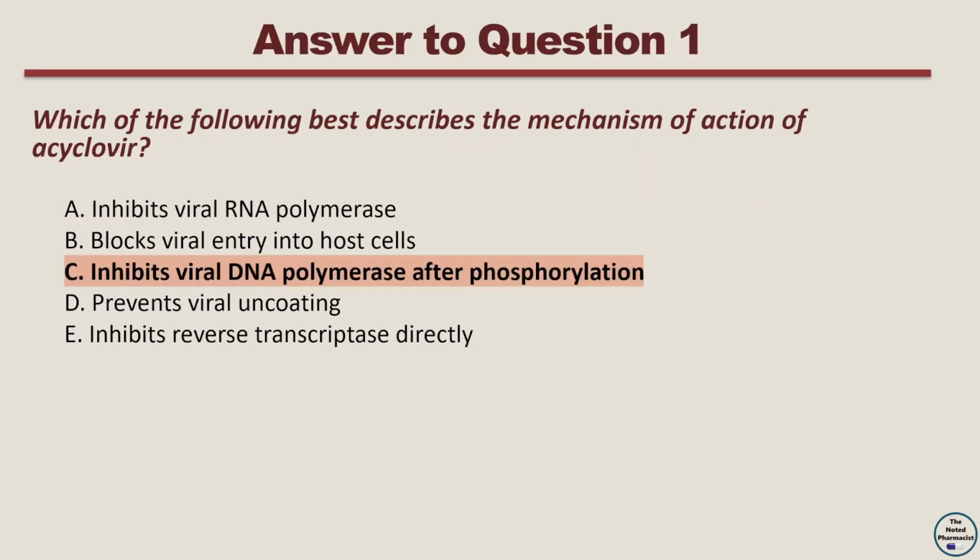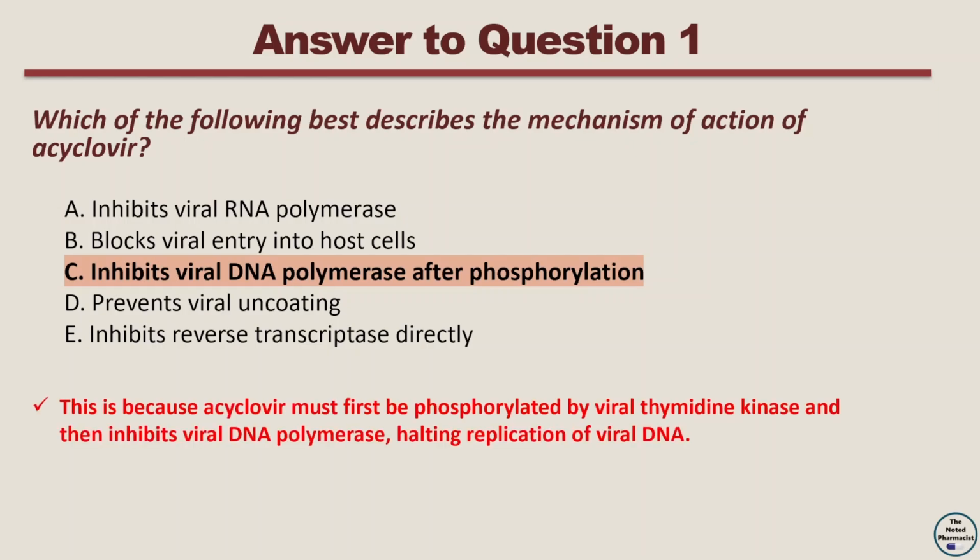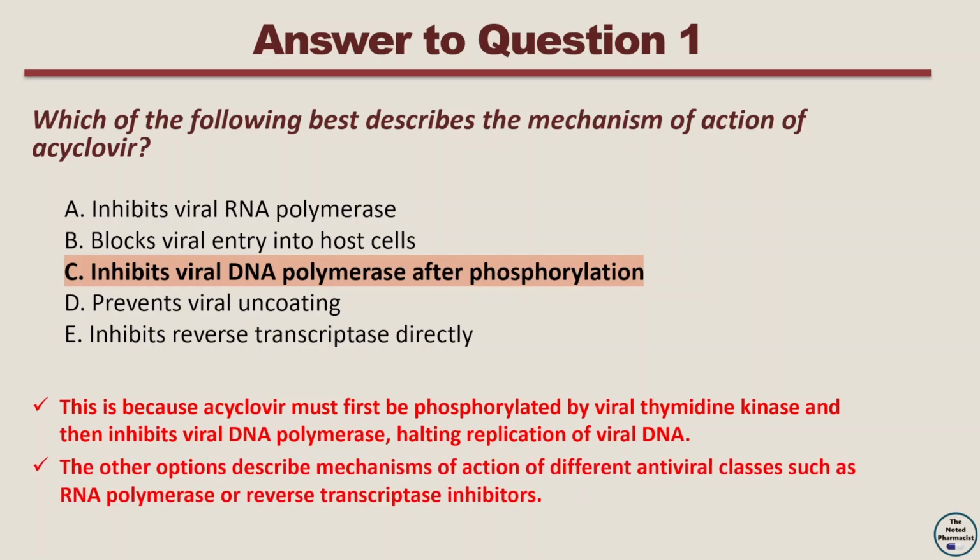The correct answer is option C, inhibits viral DNA polymerase after phosphorylation. This is because acyclovir must first be phosphorylated by viral thymidine kinase and then inhibits viral DNA polymerase, halting replication of viral DNA. The other options describe mechanisms of action of different antiviral classes such as RNA polymerase or reverse